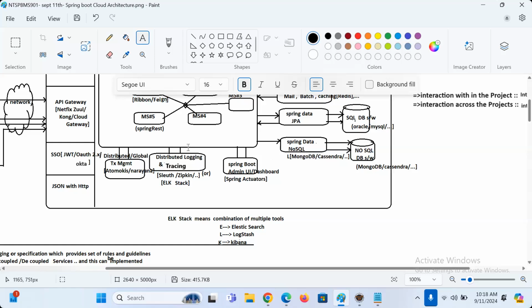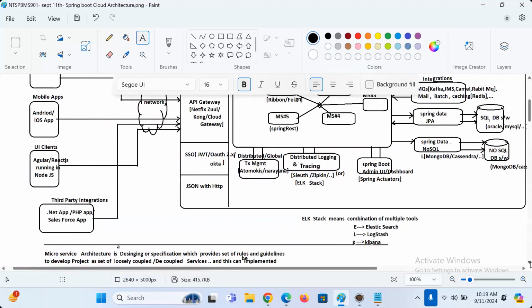Okay, now listen. Every microservice has a separate log file, but I want to see the log messages of all log files in a single place by applying my choice of filterings. Then what, guys? ELK stack. If every microservice is talking to its own database software, that means I need to perform transaction management across multiple database softwares. Then local transaction management is not sufficient. We need to work with global transaction management because we need to perform the do-everything-or-nothing principle on multiple database softwares.